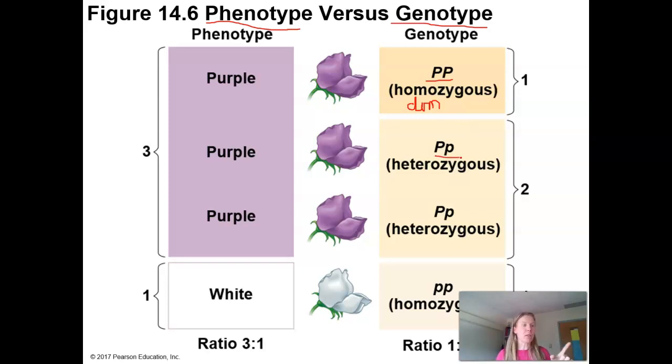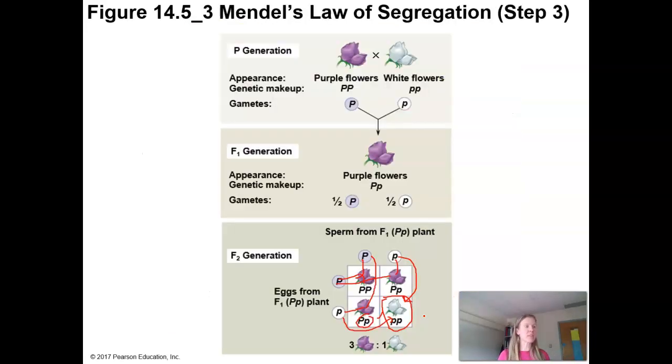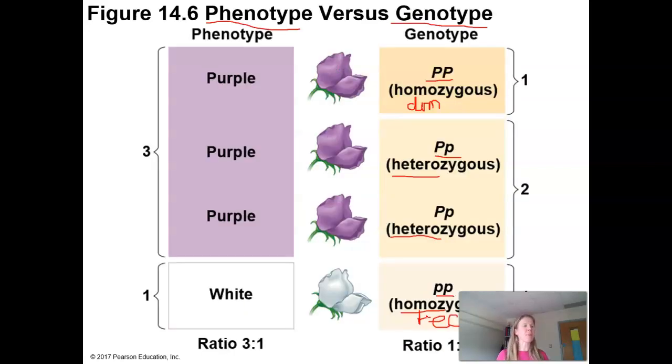If you have the mixture, 1 dominant and 1 recessive, opposites, heterozygous, okay? So we got 2 of those. And then if you get 2 copies of the recessive allele, again that's homozygous, this white flower would actually be homozygous recessive. I'll just abbreviate again, homozygous recessive, right? So the genotype, if you look at the ratio there, you have 1 homozygous dominant, 2 heterozygotes, and 1 homozygous recessive. This is the same thing that we just saw here, the exact same cross.